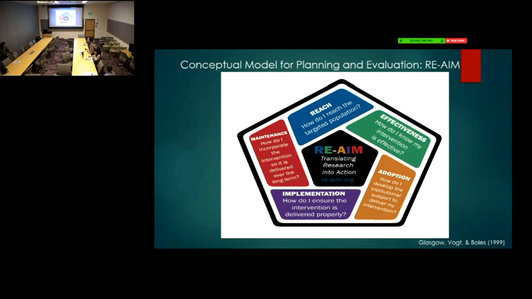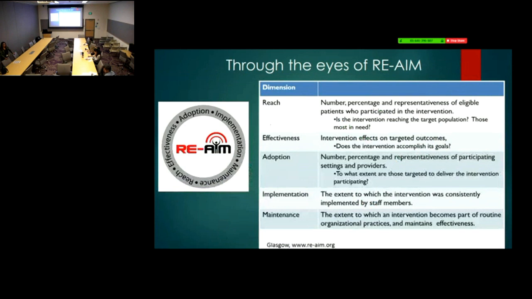And so I'm going to walk through what each part is. So there's a reason R and E have a dash before the AIM. The R and E are what you do with an efficacy study. You're looking at which patients were reached and what happened to them. Okay? So that's what you do in any other study. You still do that with D&I because you want to know what happened to people, right?